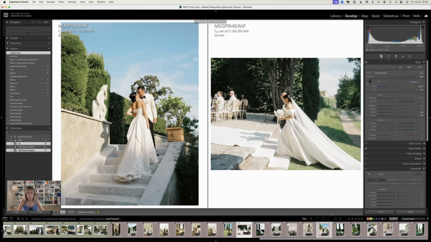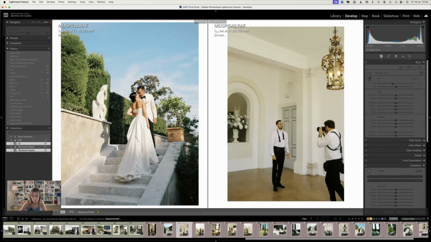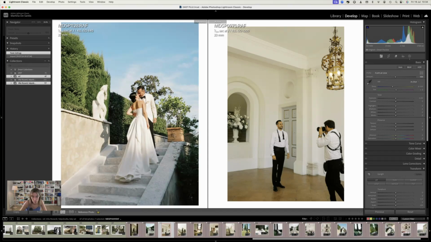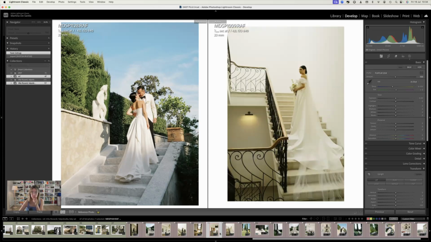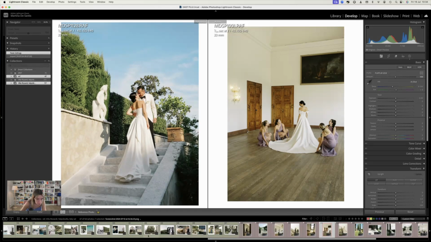Perfect, perfect. Okay, one of them indoor, this one, or I thought I had more, or this one. Let's go with this one and use